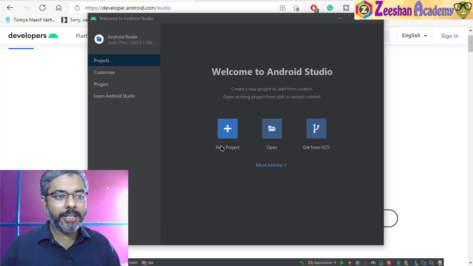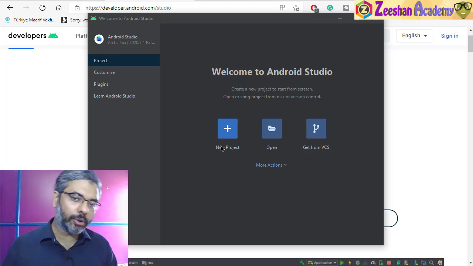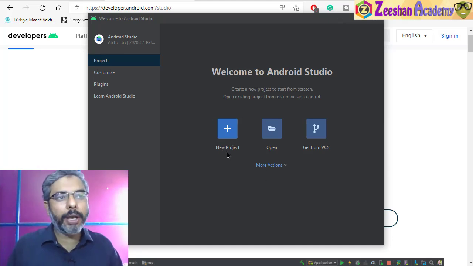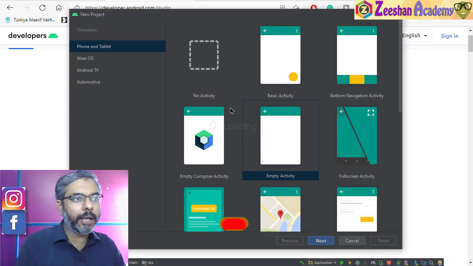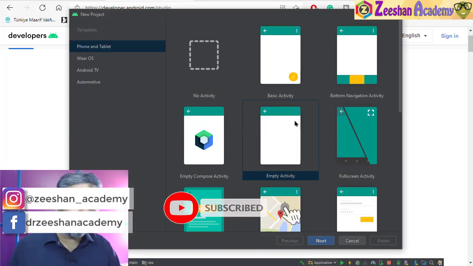Remember, it's in two stages. You download it, you install it, you run it, it will install, and then it will again ask you for some more additional files to be downloaded and installed. Then it will be completed. Once it's completed, it comes to here and we click on new project, and we can begin selecting whatever project we want to develop. From this point forward, we will be working on the next video.